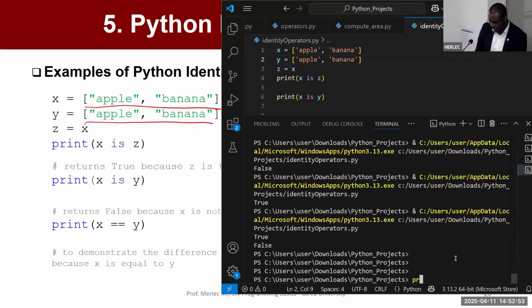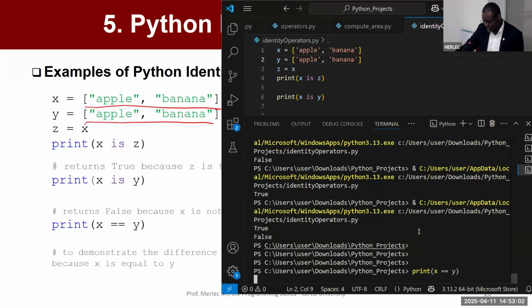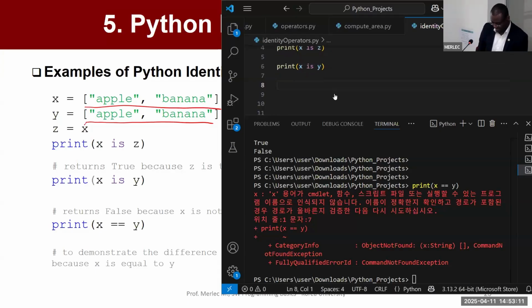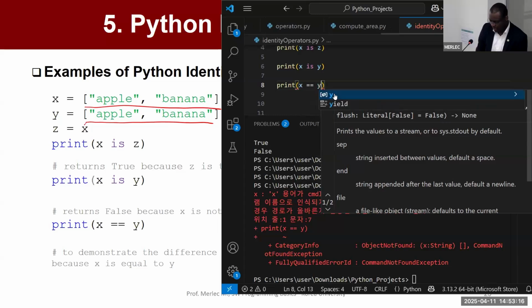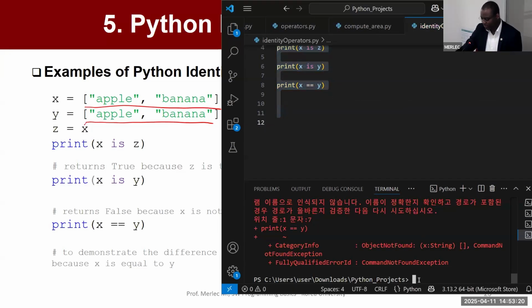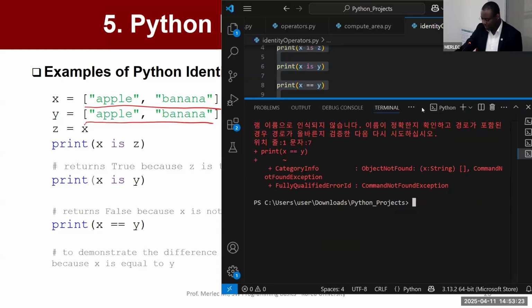And then when I use prints, this is the equivalent of X equal X. I'm not inside. I will print x equal y. I should be inside the Python script or on the Python shell